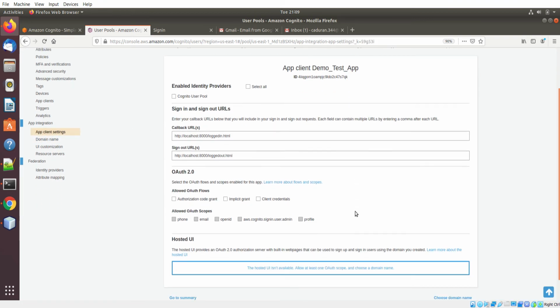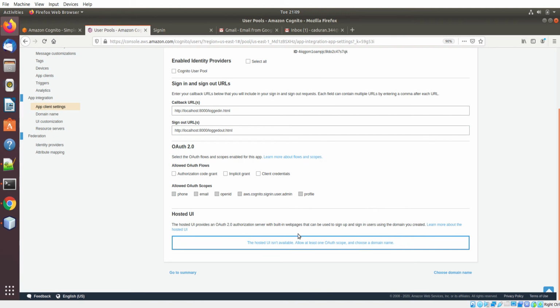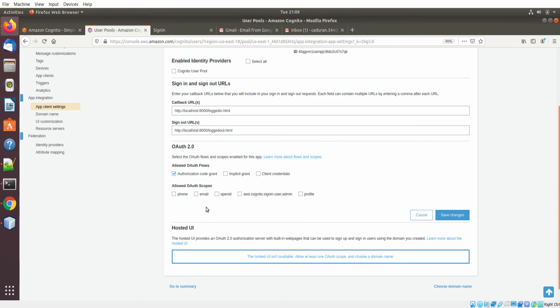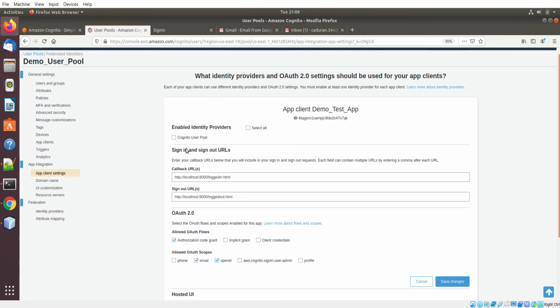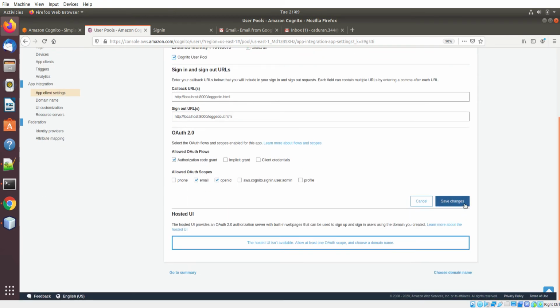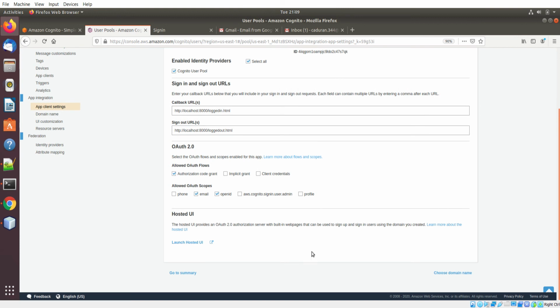But to actually get what we need, we have to allow, as it says, one OAuth scope. To do that, we're going to select authorization code grant. For my demo, to get what I needed, I selected these 3 options, and I also need to select Cognito User Pool. Let's hit save. If you noticed, now it says launch hosted UI. So if I go ahead and click that,